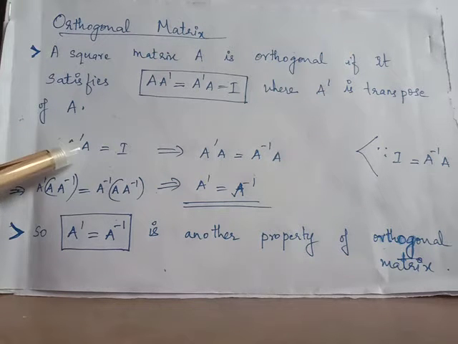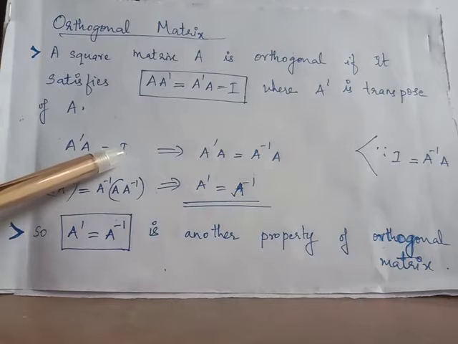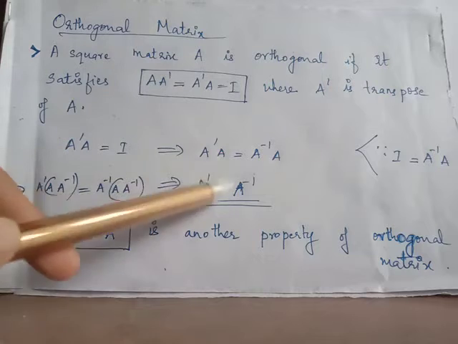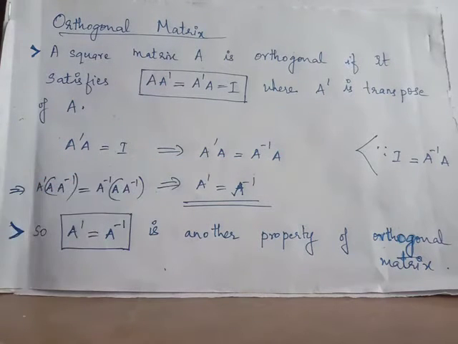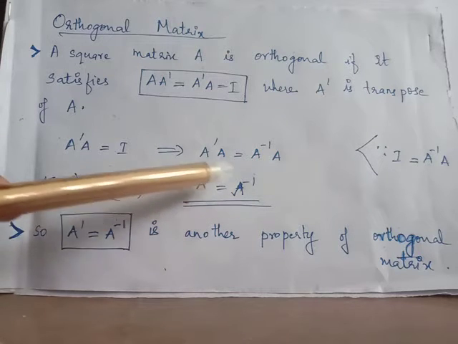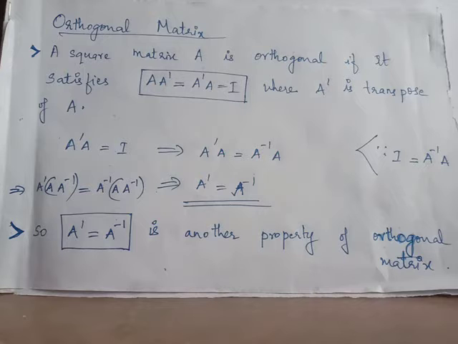When you look at the property A transpose into A equal to identity matrix and you replace I by the equation I equal to A inverse A, you get the relation A transpose A equal to A inverse of A. When you cross multiply this equation by A inverse on both sides and by using the property of associativity of matrix multiplication, you can group the terms A into A inverse and A into A inverse on both sides. So that A into A inverse can be replaced by identity matrix again, and the left out terms in LHS and RHS are A transpose and A inverse. So looking at this property, you get the result A transpose equal to A inverse. So this is another valid property for orthogonal matrix.